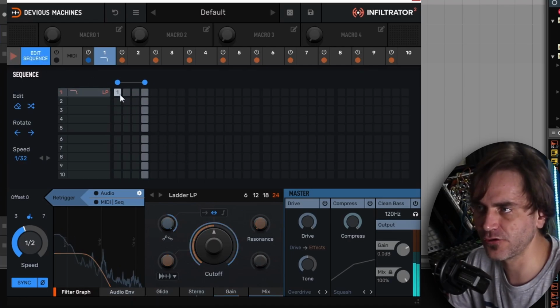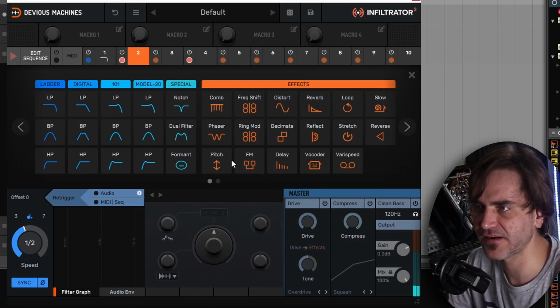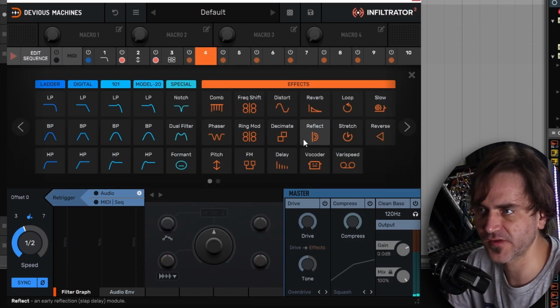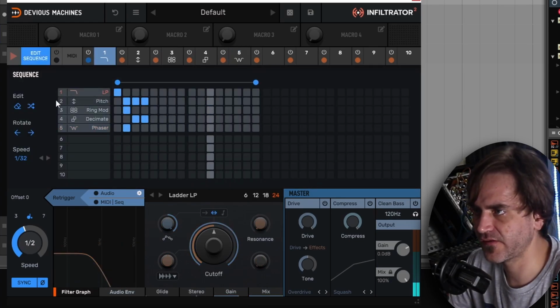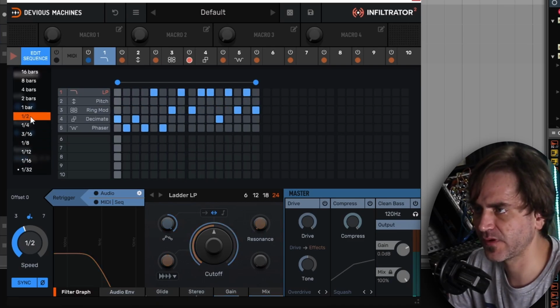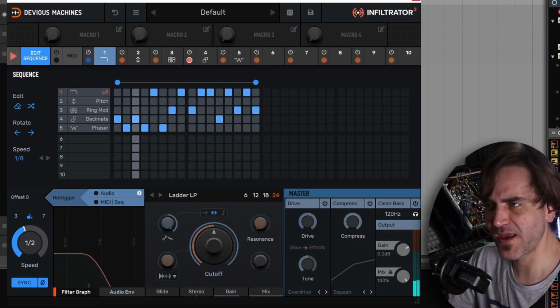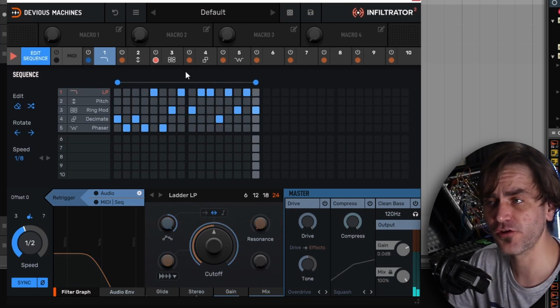So if we press play, you'll notice that it sequences through these different effects. And we can choose when each effect plays and all sorts of things. So we can stack different effects up. I'm just going to put in random stuff here, and we can always go back and fine tune it a little bit later. And we can actually select all of these and randomize as well, which is pretty cool. And we can change the speed at which it's running through the bars. So for these kinds of glitchy, mangling type of effects, it's so cool to get this kind of stuff going